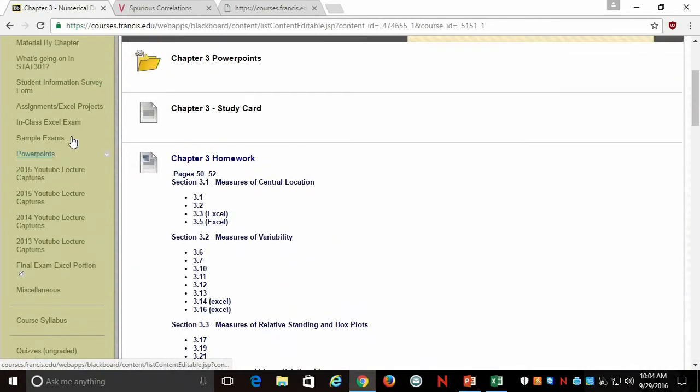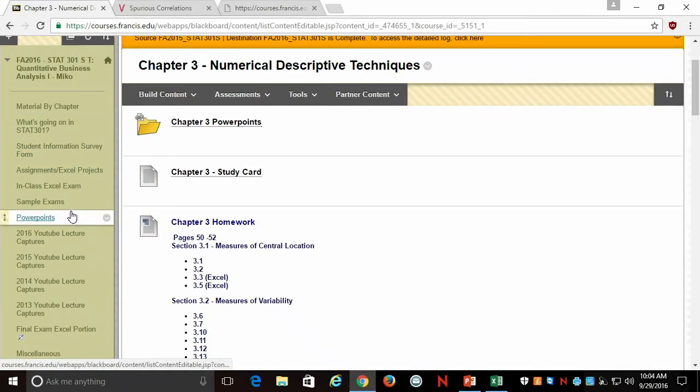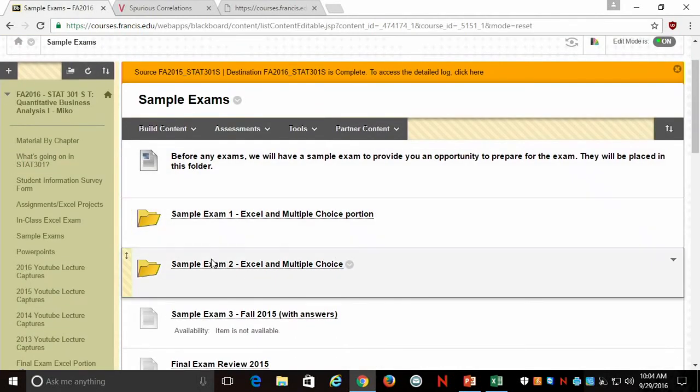Okay, so what I'd like you guys to do is on Blackboard under sample exams, you guys see sample exams? There is under sample exam 2,